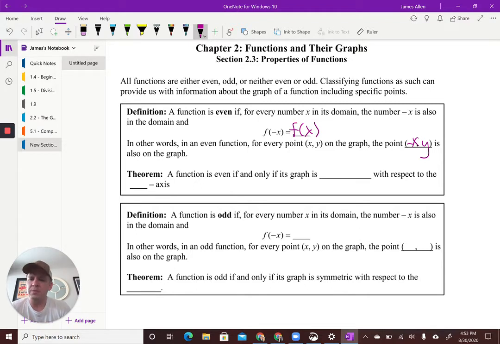We'll go through some graphical examples here in just a sec so you can get a visual representation, and we're doing some of the algebraic approach in a couple later examples. A function is even if and only if its graph is symmetric